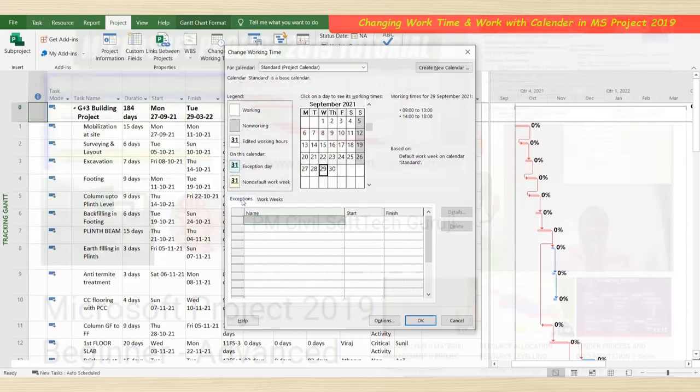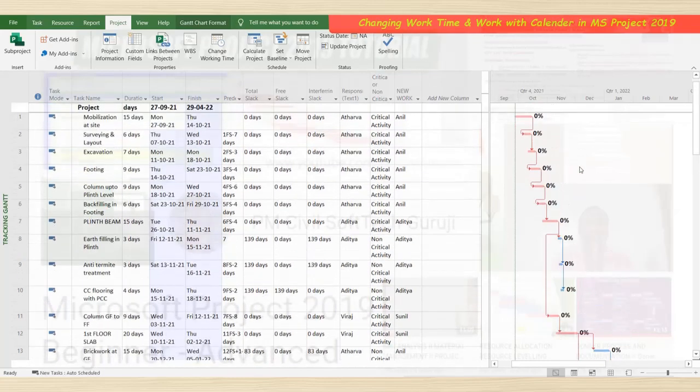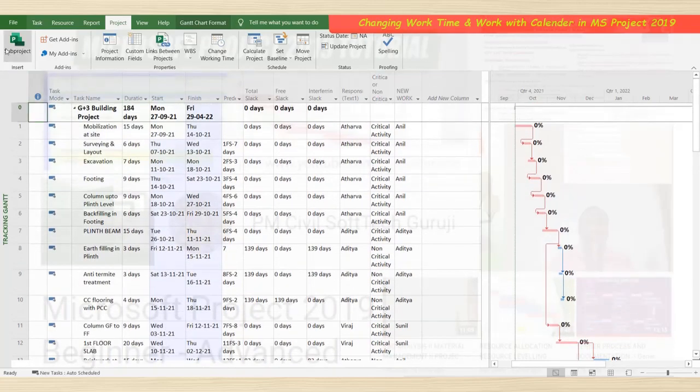So at that time you add an exception. You go in Exceptions, right here, casual holiday, start 29, click OK. So here the durations of this activity change.